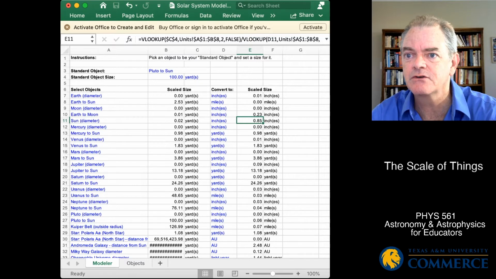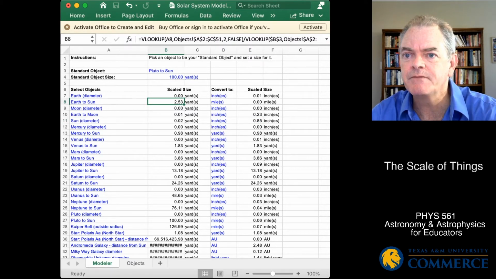So a good-sized grape or something, maybe a ping pong ball, give or take. Put that on the 0-yard line. Earth is going to be on the 3-yard line, 2.5 yards. Mercury is, let's see, where's Mercury to the Sun? So that's about 1 yard. And so then